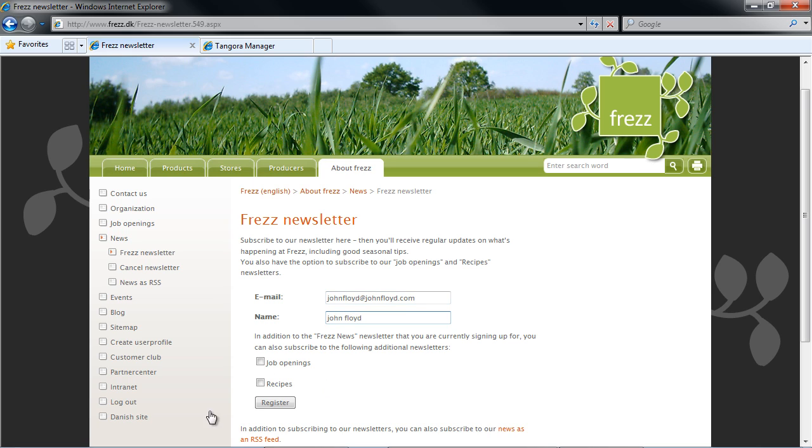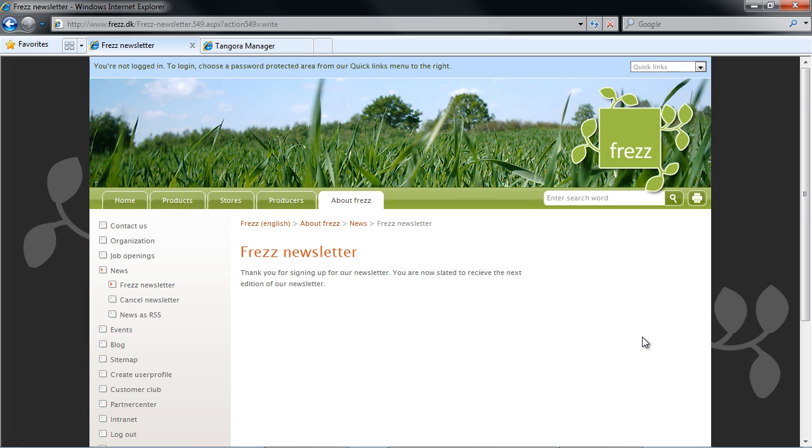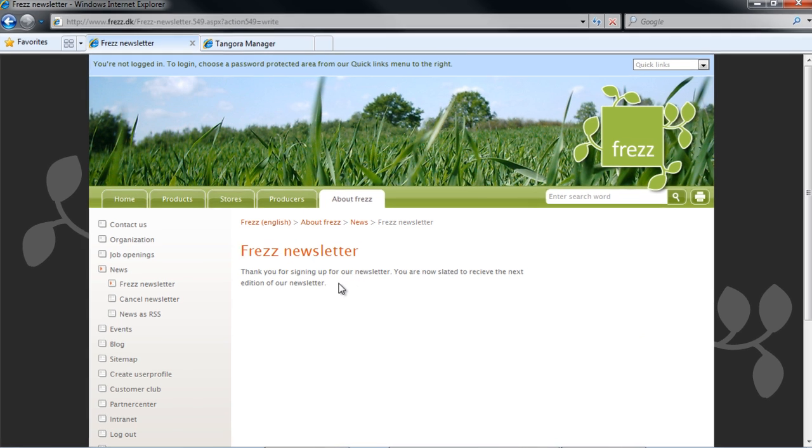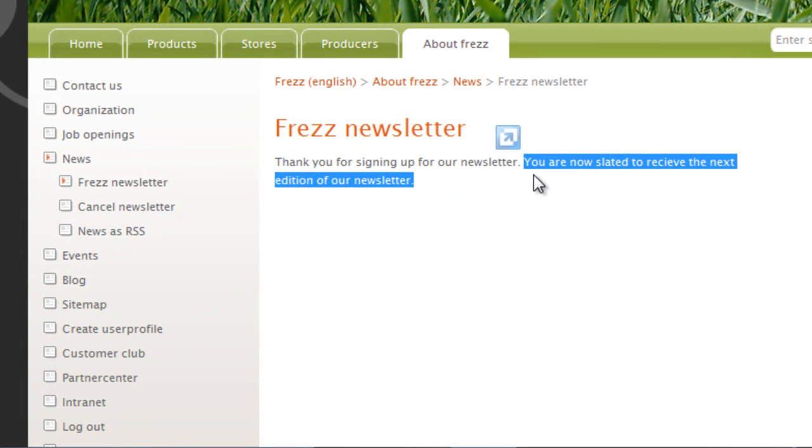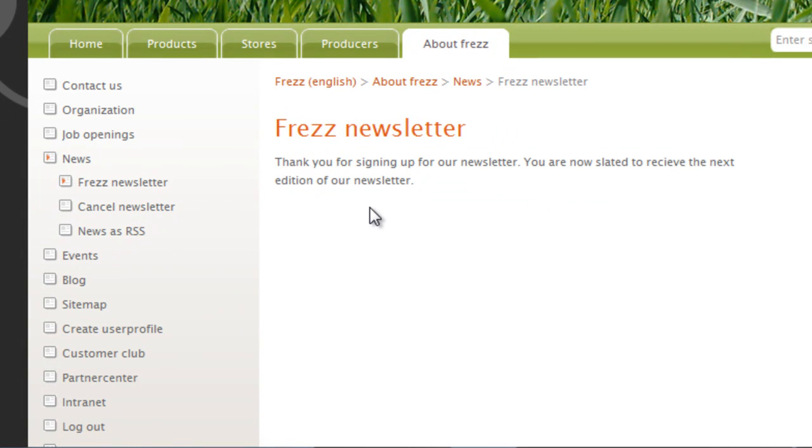I'll choose the additional recipes category here too. Now, you do have a setup option whereby you can automatically send an email and require the subscriber to hit a link in that email in order to activate their account. But in my setup, I've decided not to utilize this feature. And I have a customizable feedback text that appears on the page which tells the user what their status is.